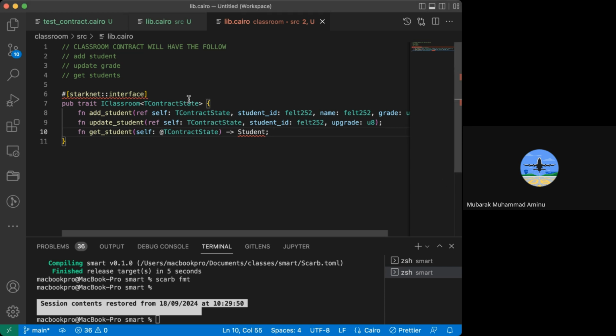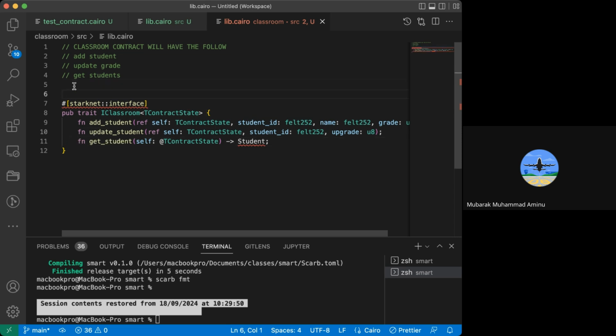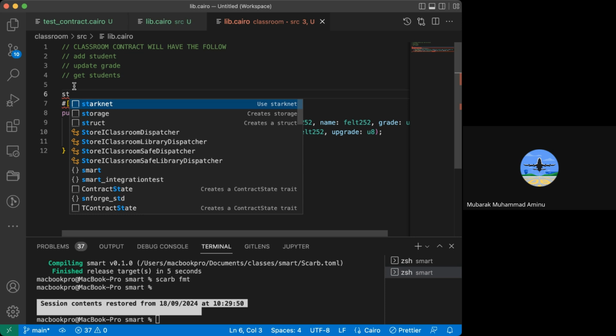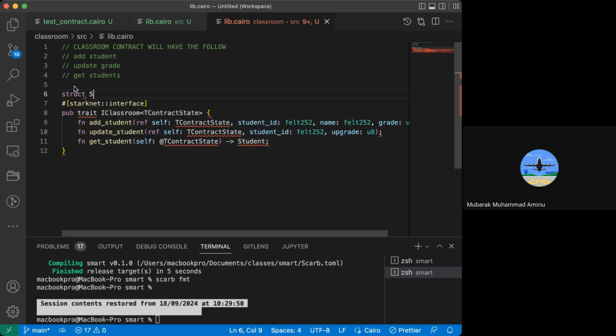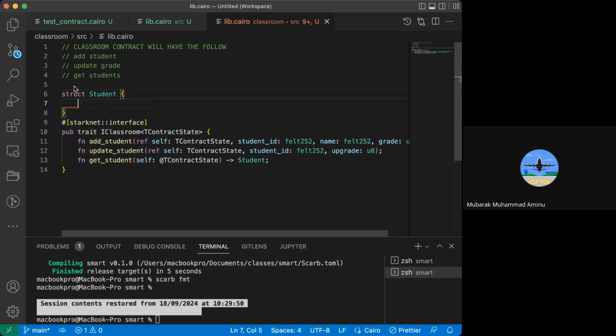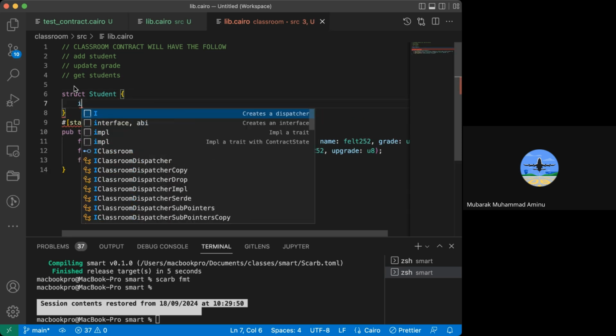So we can come up here and say struct student, basically student